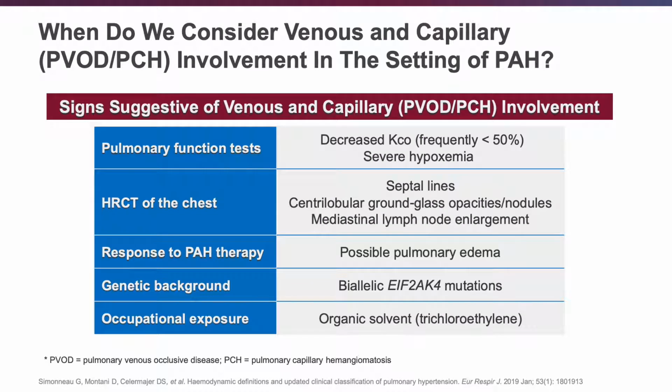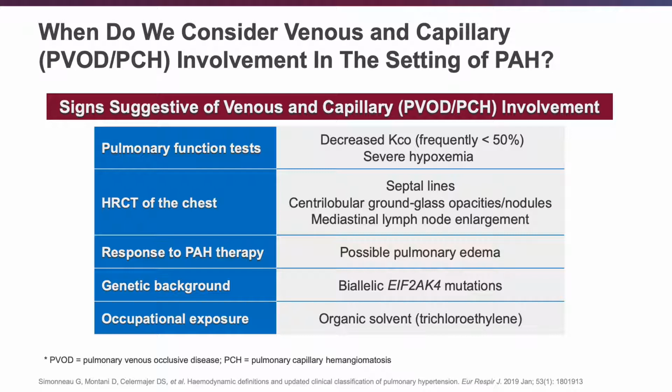Now, we also have included in multiple years the pulmonary veno-occlusive disease, the PVOD patients, and the pulmonary capillary hemangiomatosis patients, or the PCH patients. We have a greater understanding of this subgroup of the PAH patients now than we did in the past because we have been able to study them further. We now know that they have a genetic basis for many of those individuals. We know the hemodynamic profile and the pulmonary function profile.